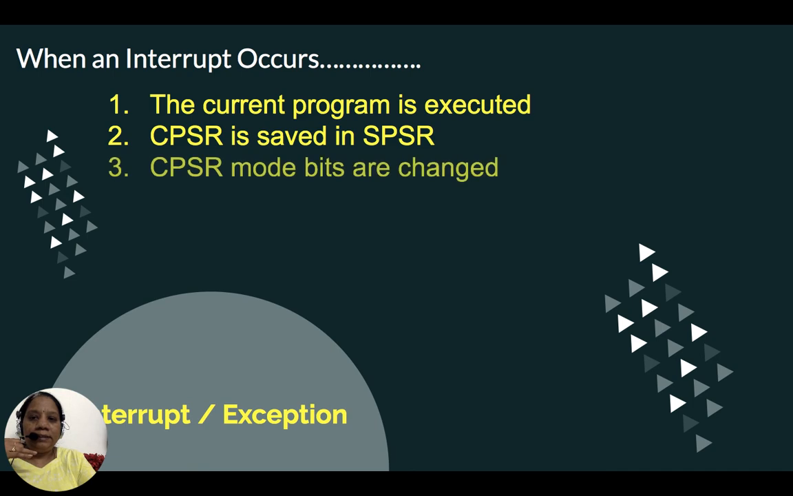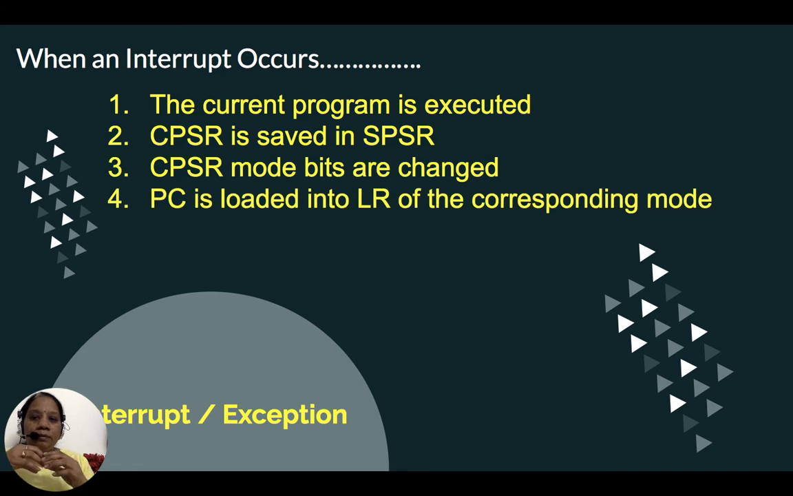The third thing is we have to change the mode bits of CPSR. Why? Because we were earlier in user mode. Now we are moving into undefined mode. So the lower order 5 bits of CPSR are different for user and different for undefined. So you have to change the mode bits. Then